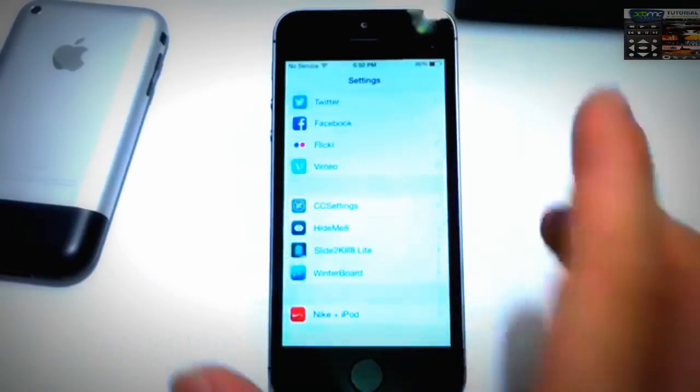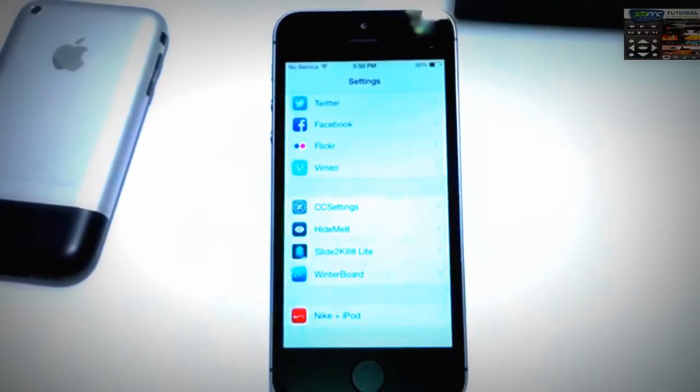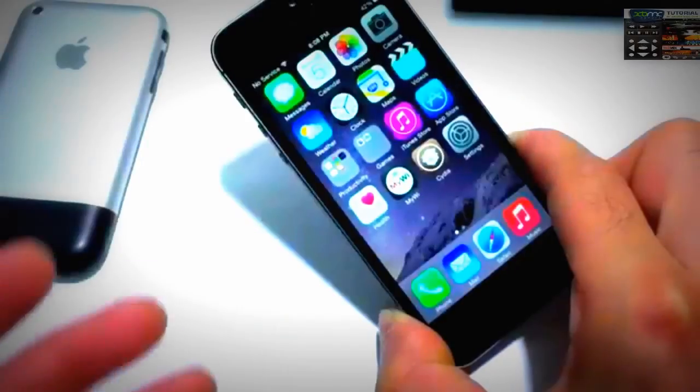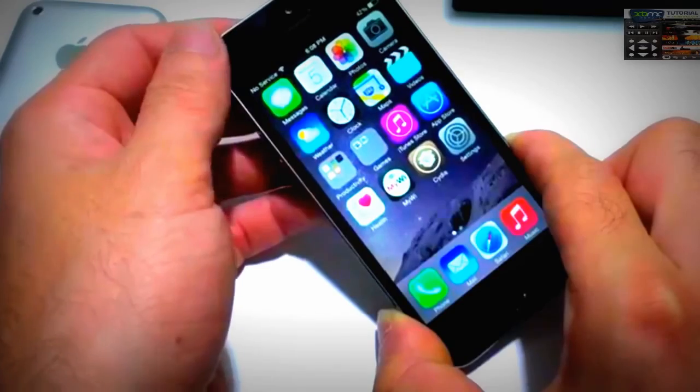I really enjoy this tweak because it really improves the iOS experience and helps save time on the multitasker while quitting applications. So the next tweak I wanted to share with you guys goes by the name of SBFlip,